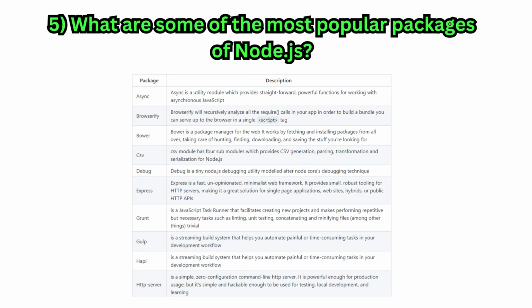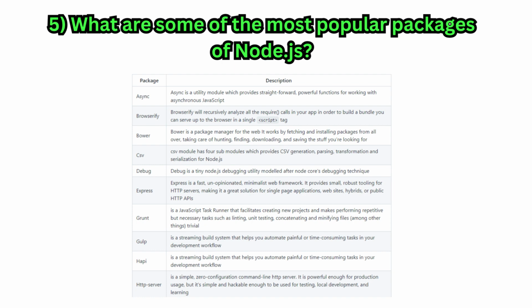Gulp is a streaming build system that helps you automate painful or time-consuming tasks in your development workflow. Hoppy is a streaming build system that helps you automate painful or time-consuming tasks in your development workflow. HTTP server is a simple zero-configuration command-line HTTP server. It is powerful enough for production usage, but it's simple and hackable enough to be used for testing, local development,